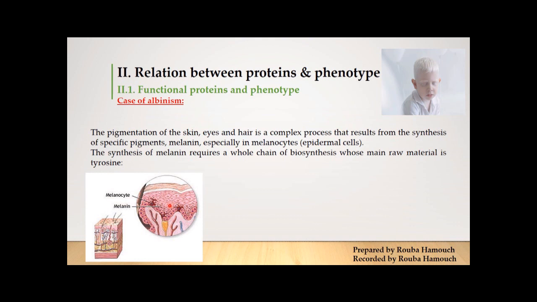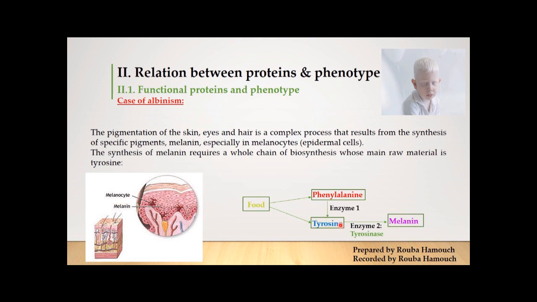Now, the synthesis of melanin requires a chain of biosynthesis whose main raw material is tyrosine. Tyrosine is an amino acid that can be found in food. We can take tyrosine directly from food, from alimentation, or